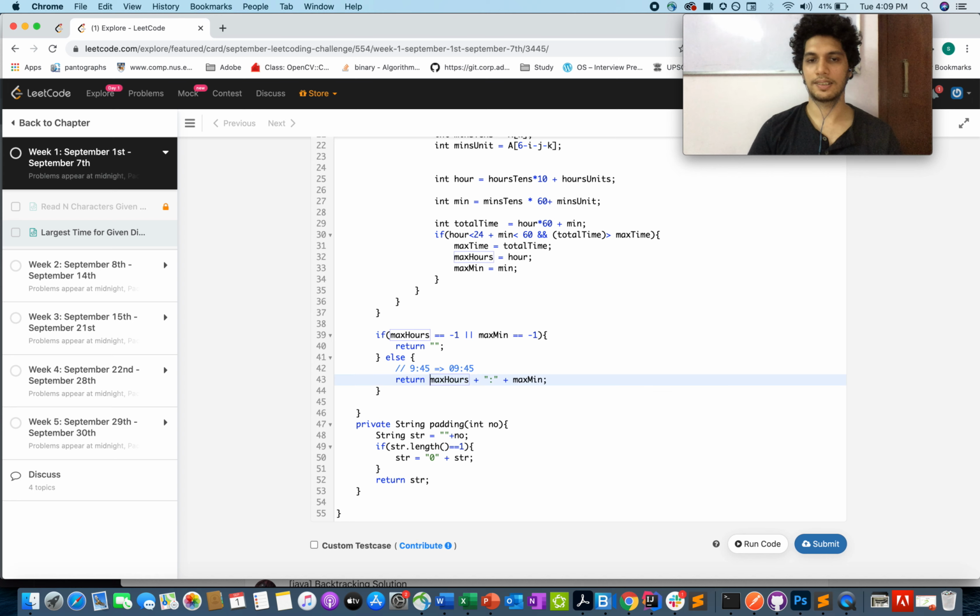Instead of max hours here, I'll call this padding method, and here as well, for the case when we have 8 hours and 8 minutes, it should be 08, not 80, so we use the padding method.